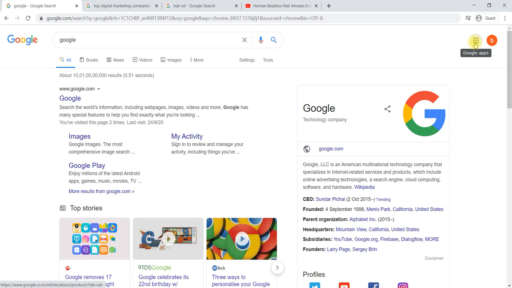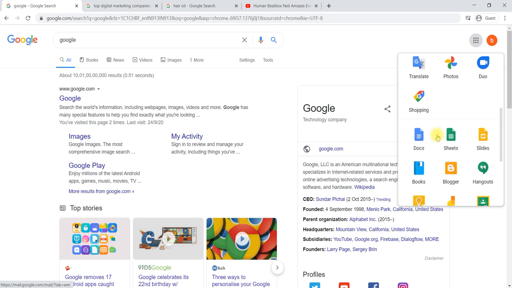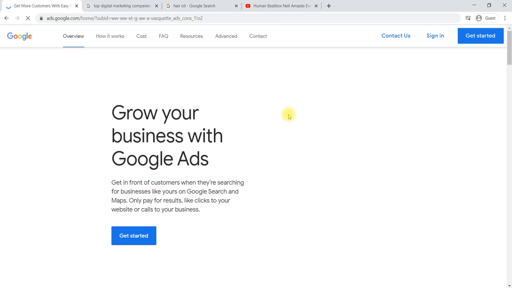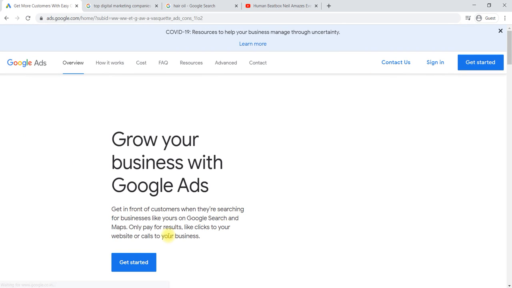Once you have created a Google Ads account, we have to come back here, Google Apps, and scroll down. Here you will have Google Ads. Select that Google Ads, get started.